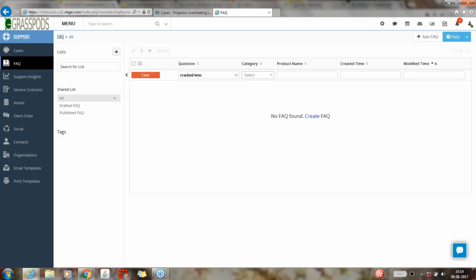So what we encourage is that the agent who resolves the case adds a FAQ entry after diagnosis as to why the lens cracked. It may be because of overheating, right? That's a discipline that needs to be followed so that this question can be answered in a couple of minutes if that information was in here. So since this was not in the FAQ,